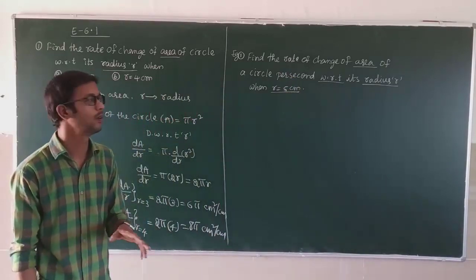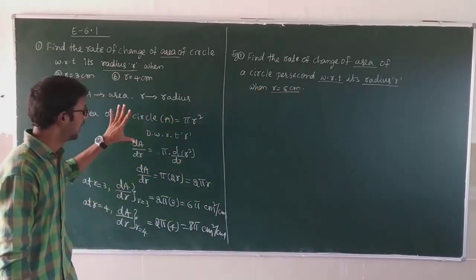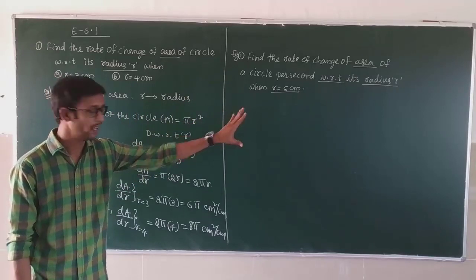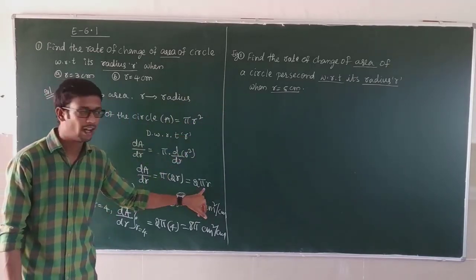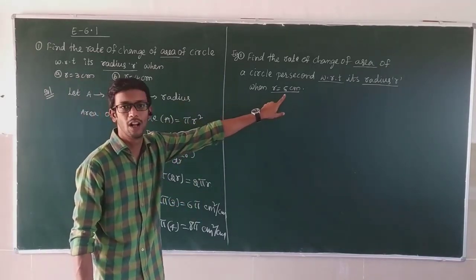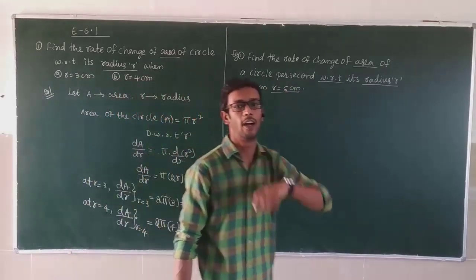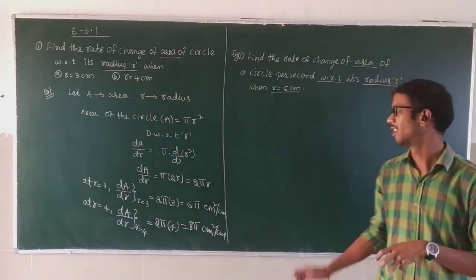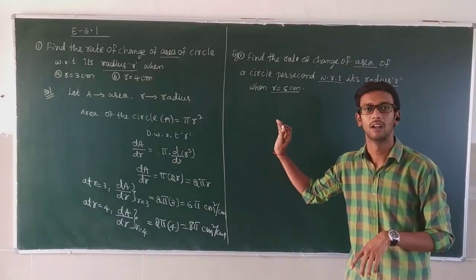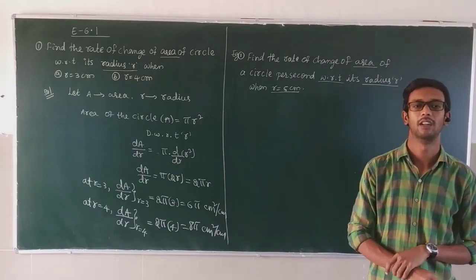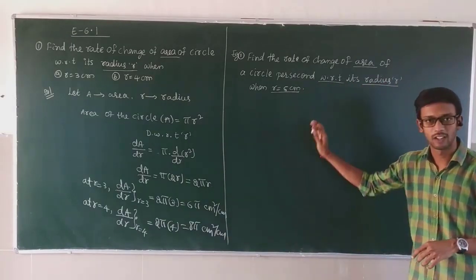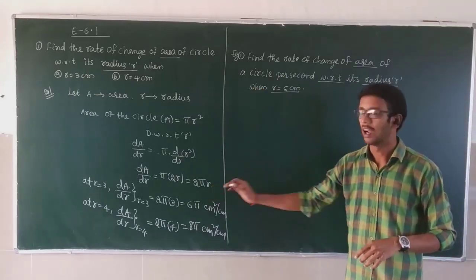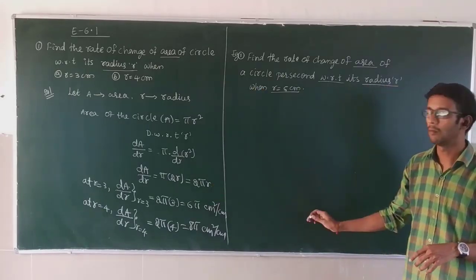So what we will do here, as it is area, derivation will make 2 pi r you will get. R value how much you have to substitute? R value you have to substitute 5. So 10 pi centimeter square per centimeter you will get. So leave the space for this problem. This one you copy and leave the space for this problem. Do yourself.